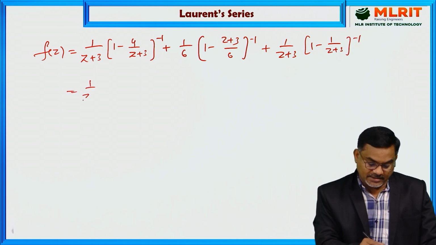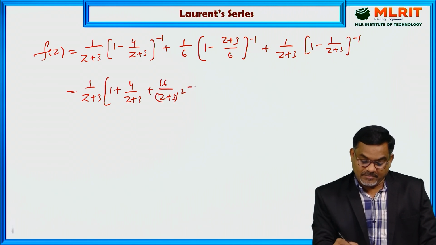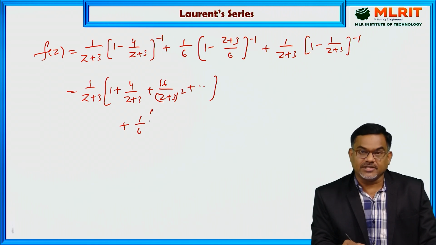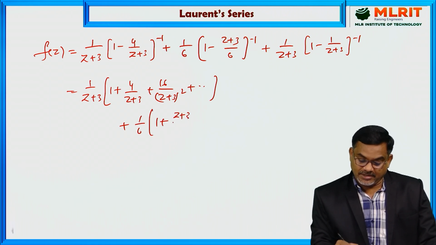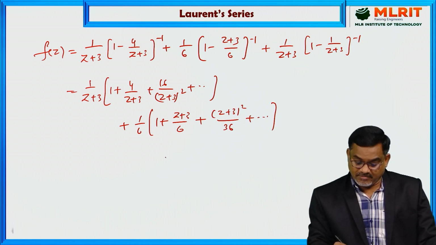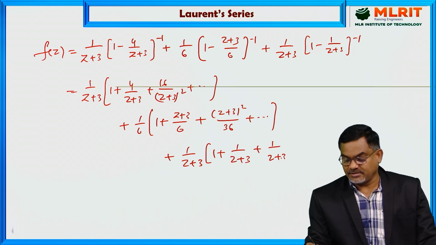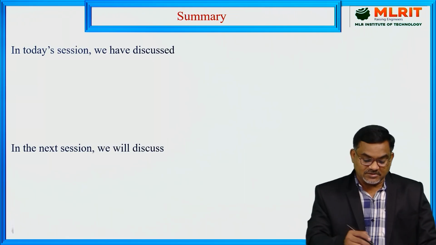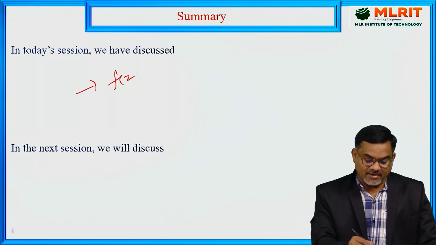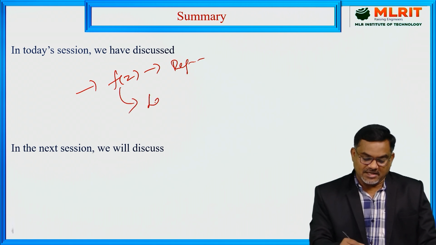So, by expanding these functions, we get 1 plus 4 by z plus 3 plus 16 by (z plus 3) whole square plus so on, plus 1 by 6 into 1 plus (z plus 3) by 6, (z plus 3) whole square by 36 and so on, plus 1 by z plus 3 into 1 plus 1 by z plus 3 plus (z plus 3) whole square plus so on. So, in today's session, for the given f of z in the given region, we have expressed this f of z as a Laurent series